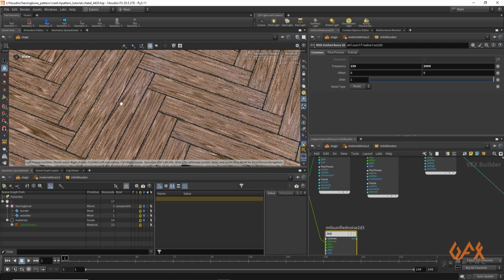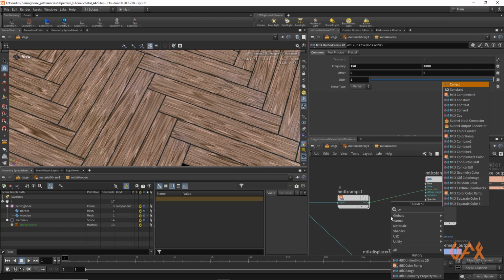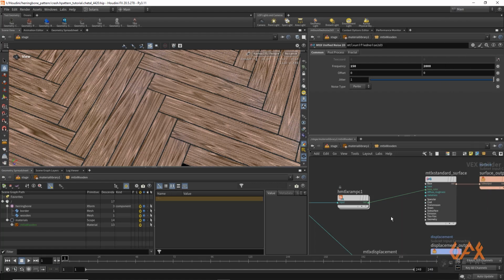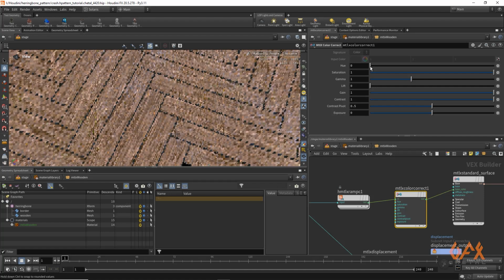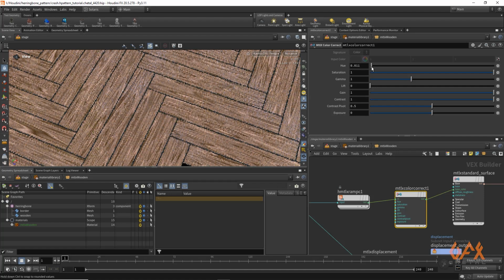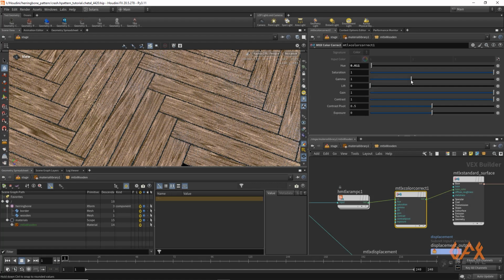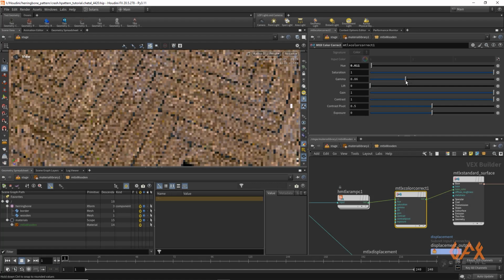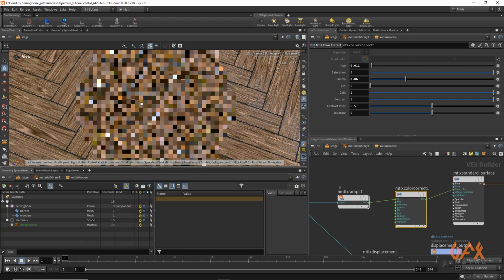Okay, even if you are happy with this ramp but you are not happy with the hue, for that you can use a color correct operator, with which you can change the hue. Maybe you can change the gamma and you will get the result.